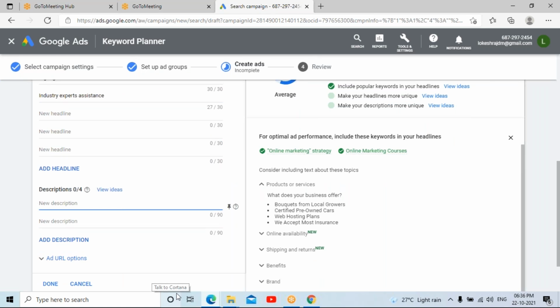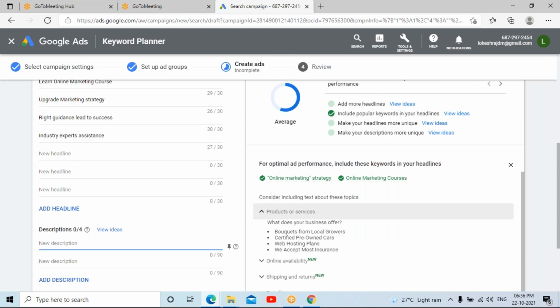On the right hand side, you can see the references they have given, how your content is going to reach the audiences and on what priority basis. Make sure you do not cross the character limits. Headlines have 30 characters, and descriptions have 90 characters. There could be chances that questions related to this come in your exams.